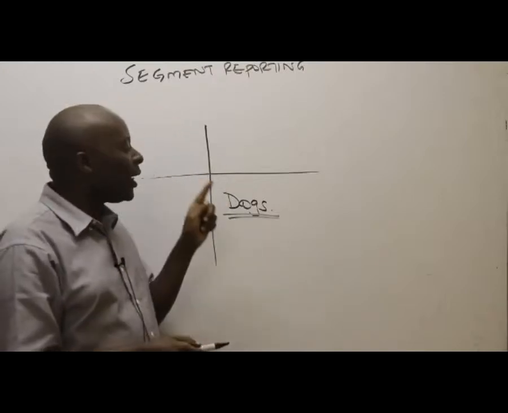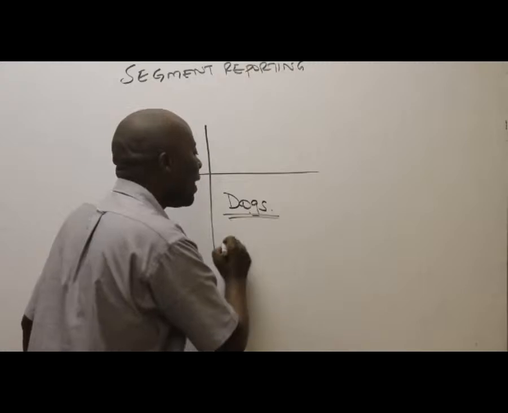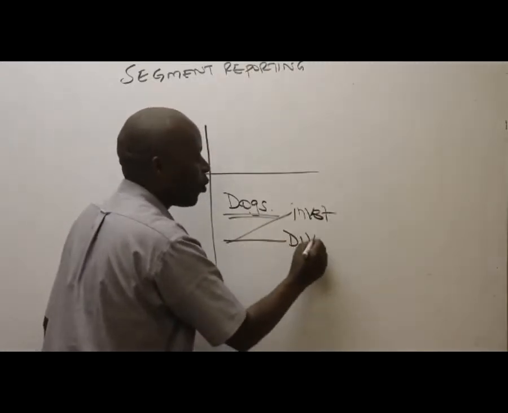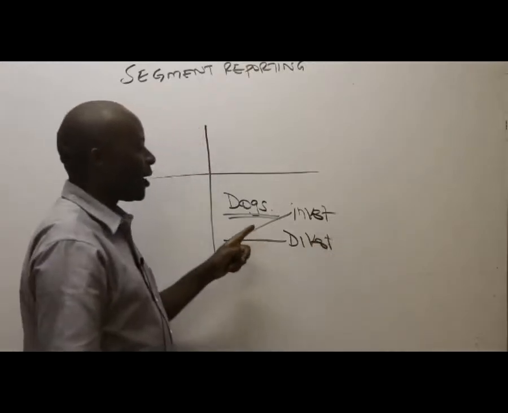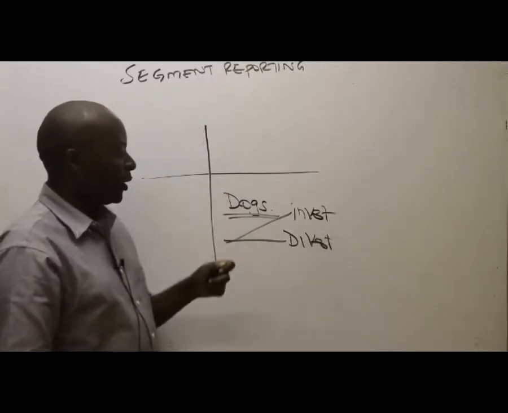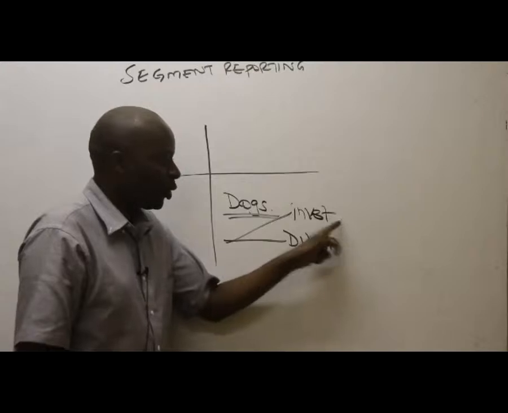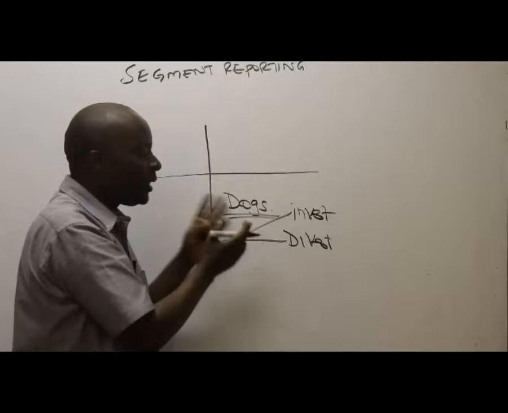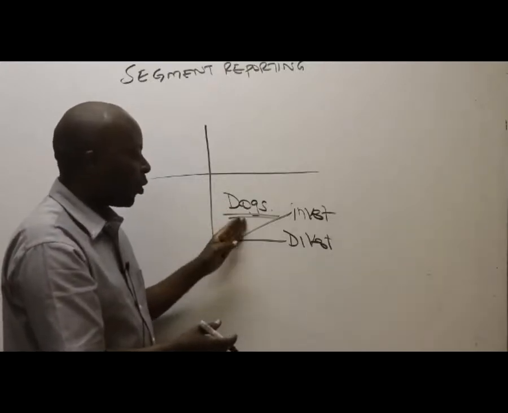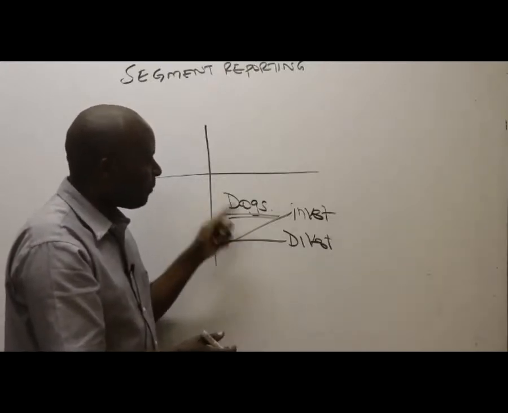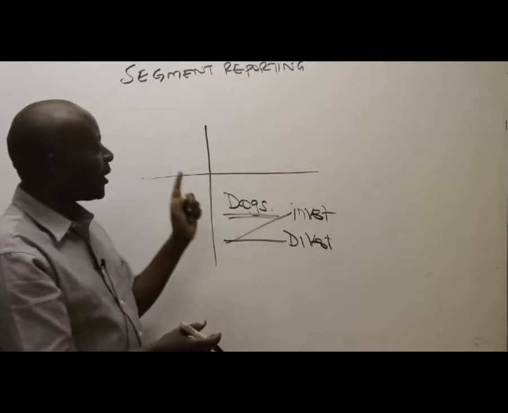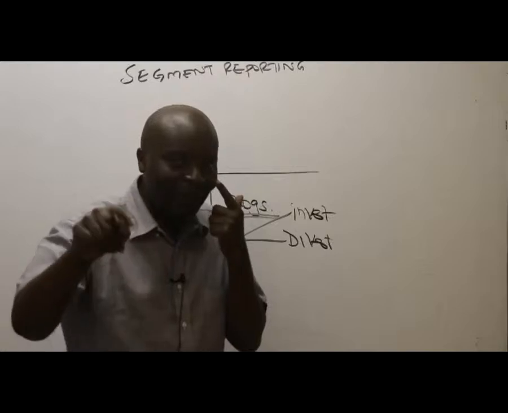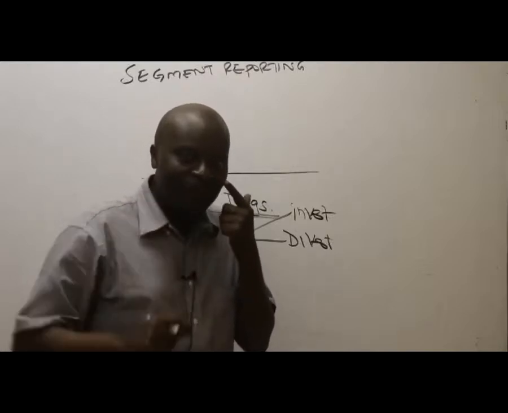So it will really help us even to think of areas to invest in, the areas to divest from, to throw away, to harvest, right? To remove our capital from, etc. If a product is a dog, dog products are those products or segments, ladies and gentlemen, that don't generate anything to the company despite the efforts that you are putting in place.